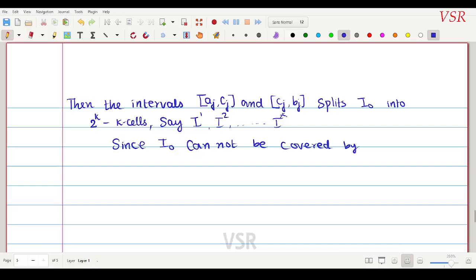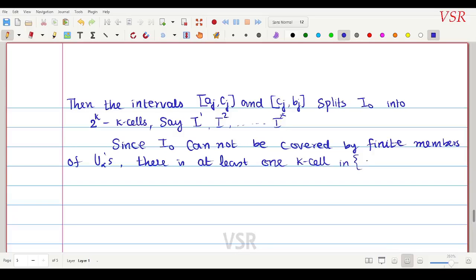Since I0 cannot be covered by finite members of U alphas, there is at least one k cell among these that cannot be covered